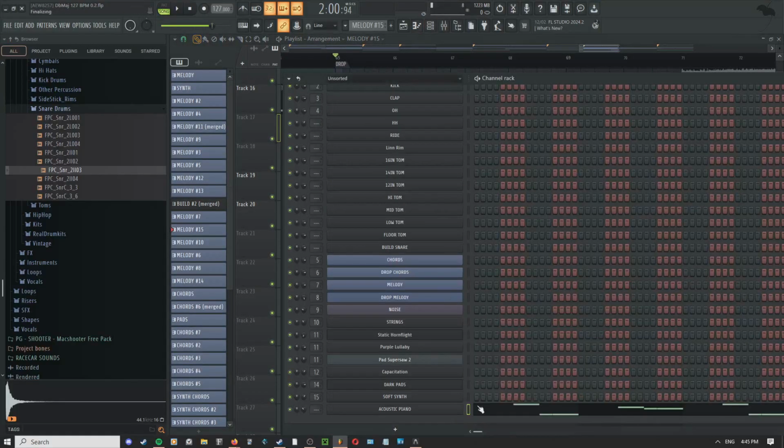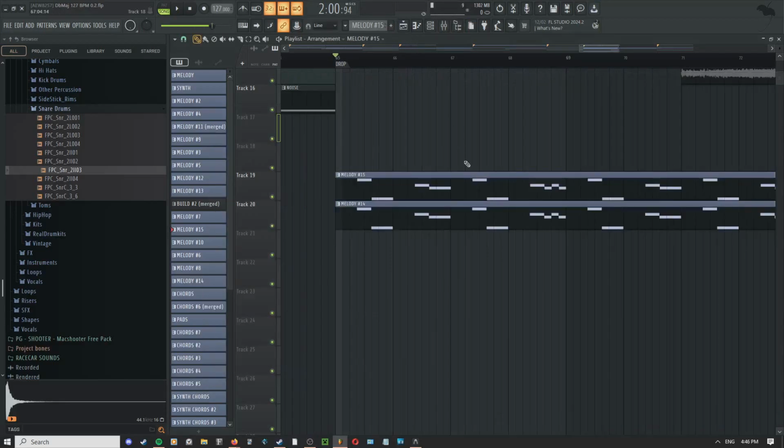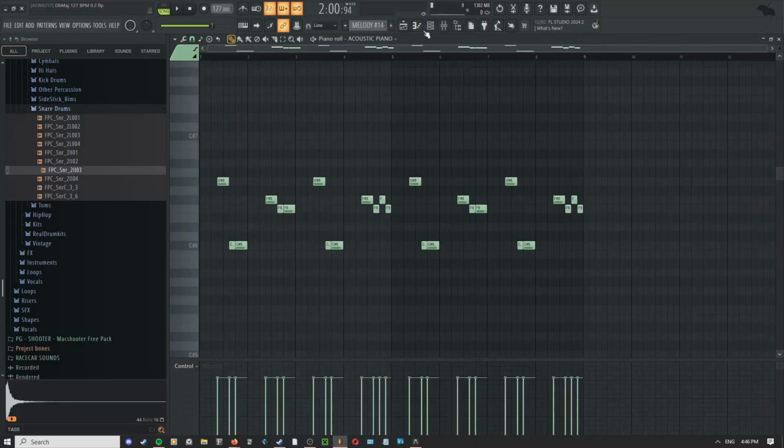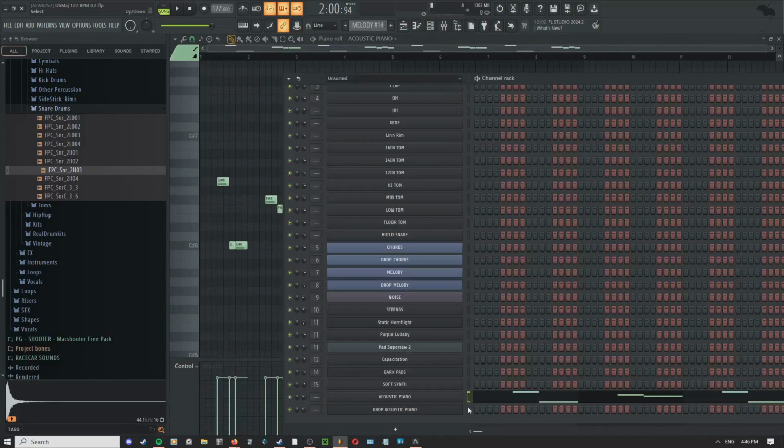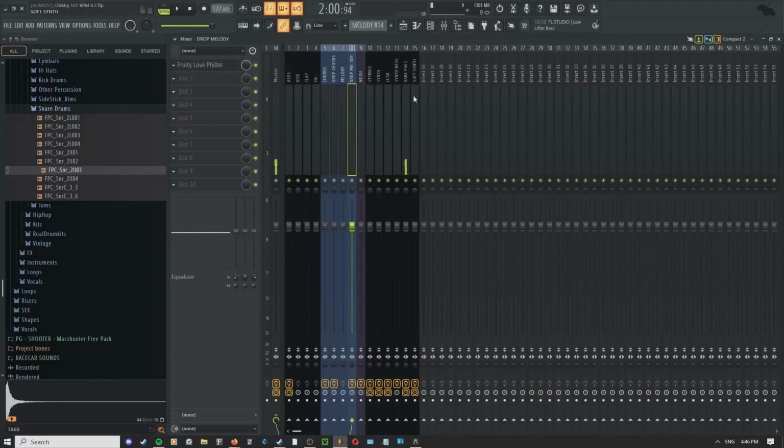We will clone this. We'll call this drop acoustic piano. Assign, copy and paste that melody to the new instrument. Do the same thing for pattern 14. And then we'll assign drop acoustic piano